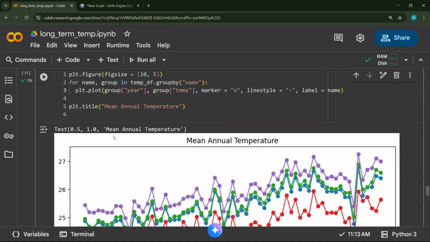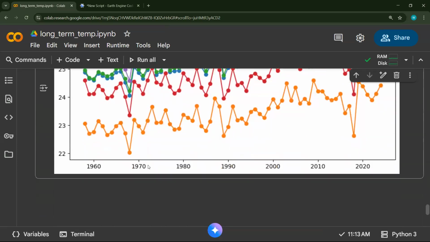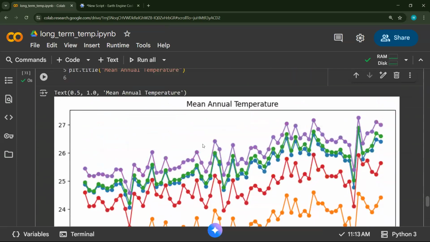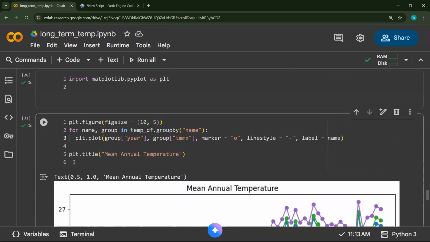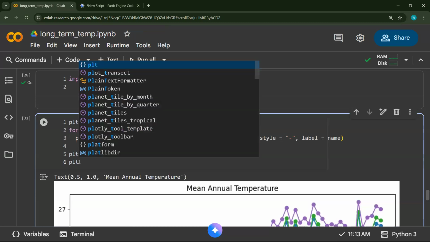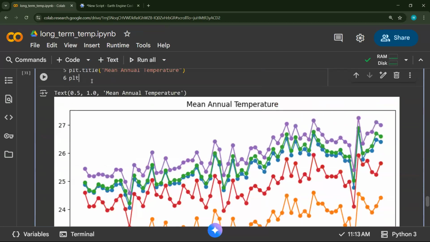Okay. Interesting. So already we can see how temperature values have been changing among our sites, but we don't have a legend. So we don't know which one is this cool region and which are these hot, not really hot, but warmer areas. Okay, so we can add the labels. My X and Y axis are still empty. So we can add